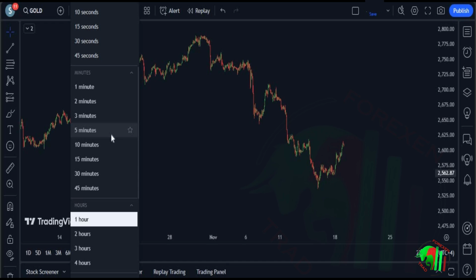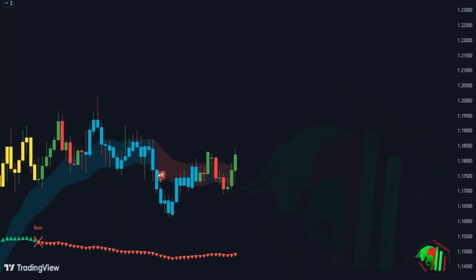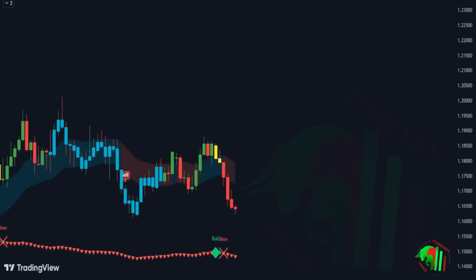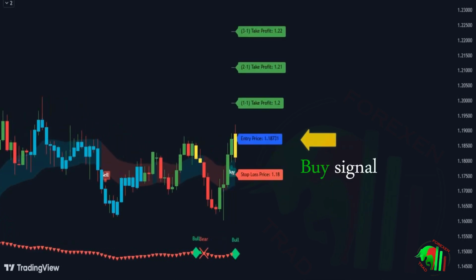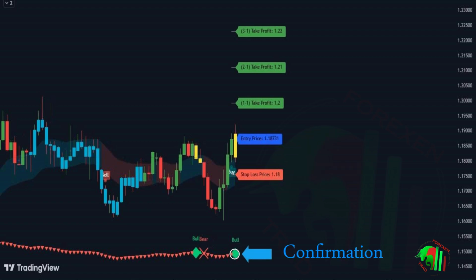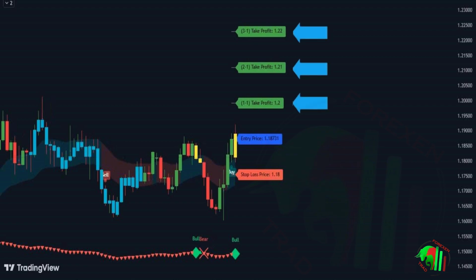Let's see how we apply these trading settings when the trend signals and easy entry indicators give us an entry signal. We got a buy signal from the trend signals indicator. When there is a matching buy signal from the easy entry indicator, here, the cloud moving averages changes color at the entry signal from red to blue. In this case, we will buy, and the stop loss will be below this red line. When the price reaches these lines, the profit will be taken gradually to get the most profit from the market.